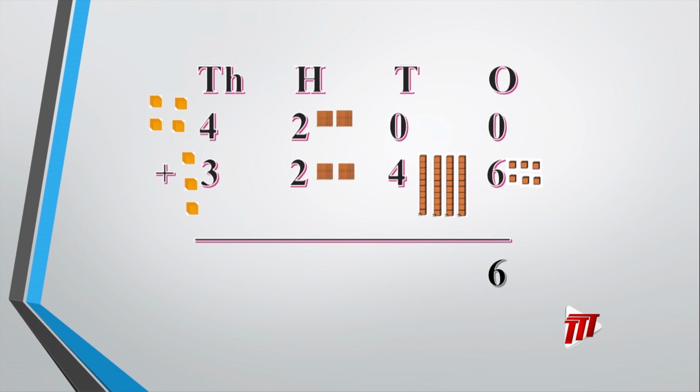Good rule to keep in your mind: anything added onto 0 remains the same, right? Any number that you put onto 0, the number doesn't change. Or if you add 0 onto anything, it remains the same as well. And that comes in handy for the second number, because we have 0 add 4. You will simply bring down the 4, and it will give you 4 tens there too. Good. So now on to the hundreds. 2 and 2, 4. Excellent. And finally, we have 4 add 3, which will give you,